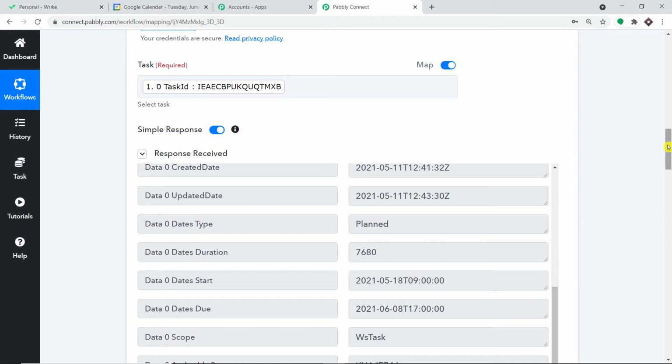So the idea is that we are going to keep the title of the task for some time, let's say for 2 minutes. We are just going to delay that information for 2 minutes. And during that delay, we are going to enter the description, the assignee, as well as set the due date and the start date.